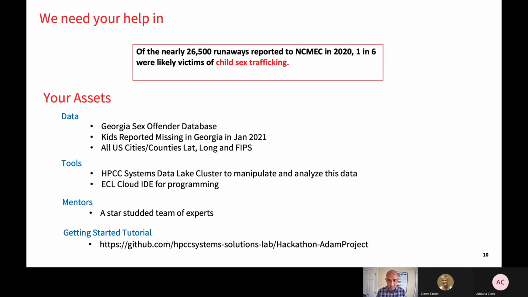And then you should be able to look at all the details, including the data sets, including potentially some sample code snippets and how to go about solving some of the things, and links to HPCC Systems, ECL, how to get going, all that. So as soon as you get in there, you should be able to reach out to any of the mentors that are listed there, and then ask questions. Talk about potential solutions that you have, and then collaborate with us. I think this experience is going to be extremely critical, and I think it's going to be fantastic too.